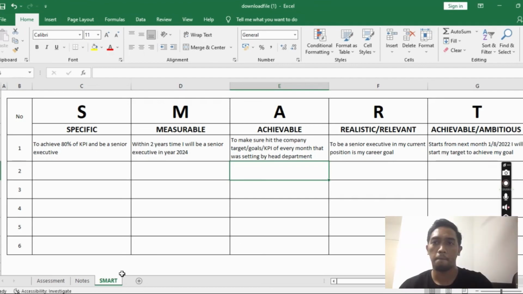So this is the instruction and notes for the